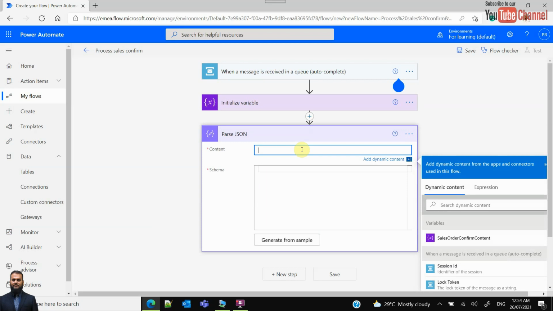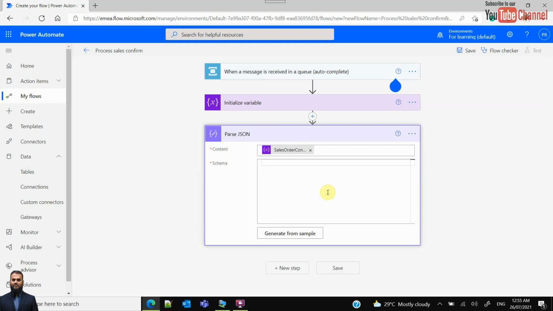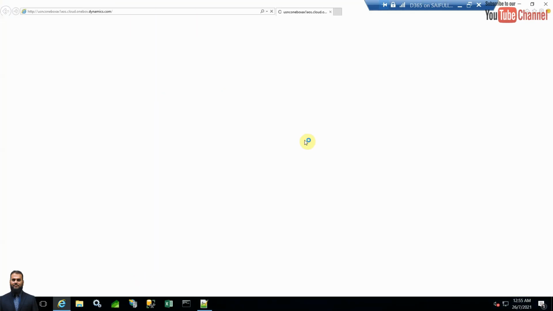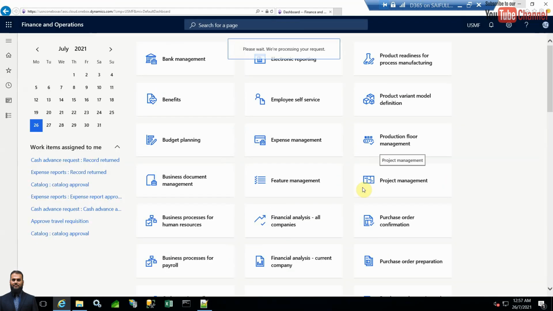If you remember, there was a schema in every one of the business events. That schema basically contains whatever the structure of that business event is. For example, if it is header or line basis, so whatever the fields are included, those will be the basic schema. So I just need to go back to my VM. Just need to launch it, and in business event catalog I need to